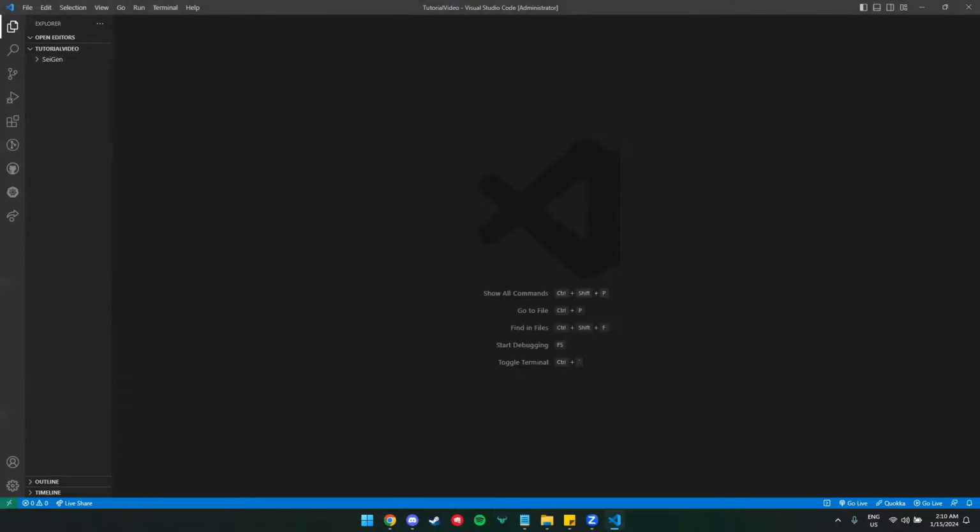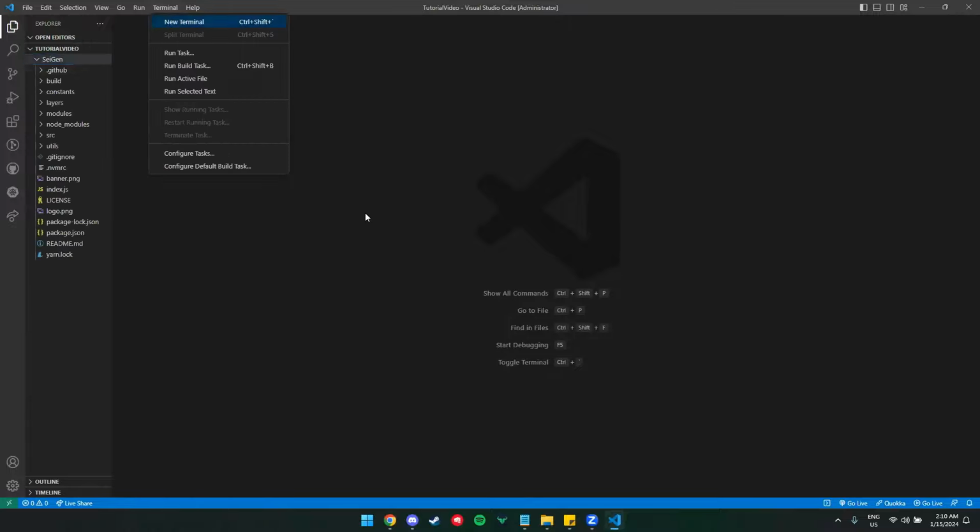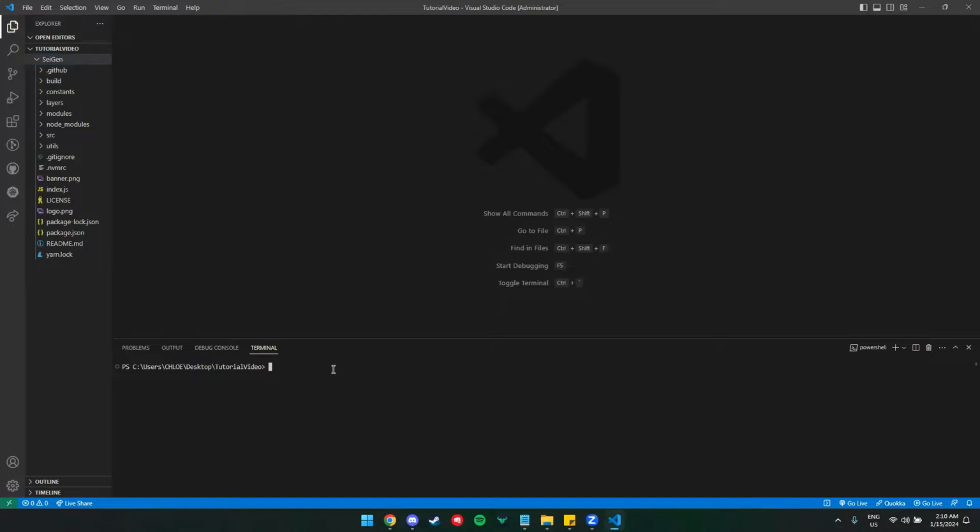Okay, after doing that, you need to run a terminal and go to the directory of Sagen, and then check your npm version and then check your node version. After that, install all dependencies.